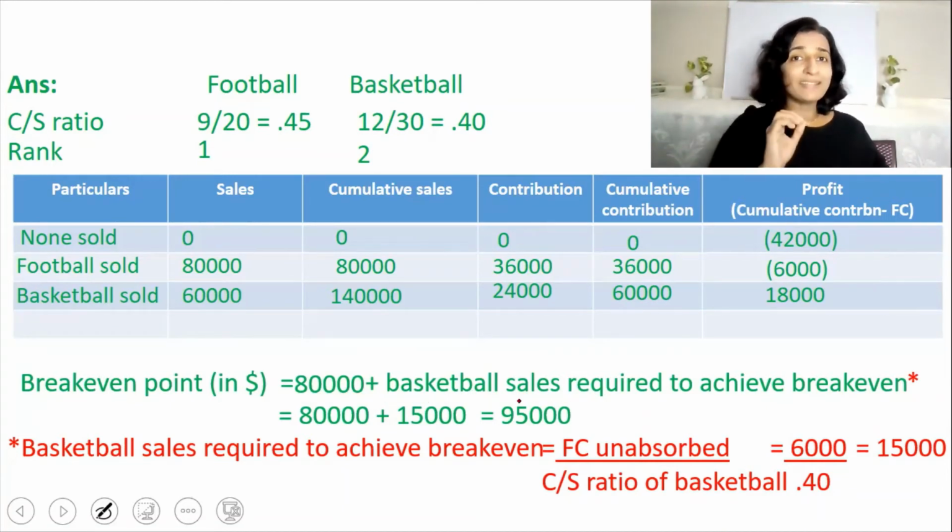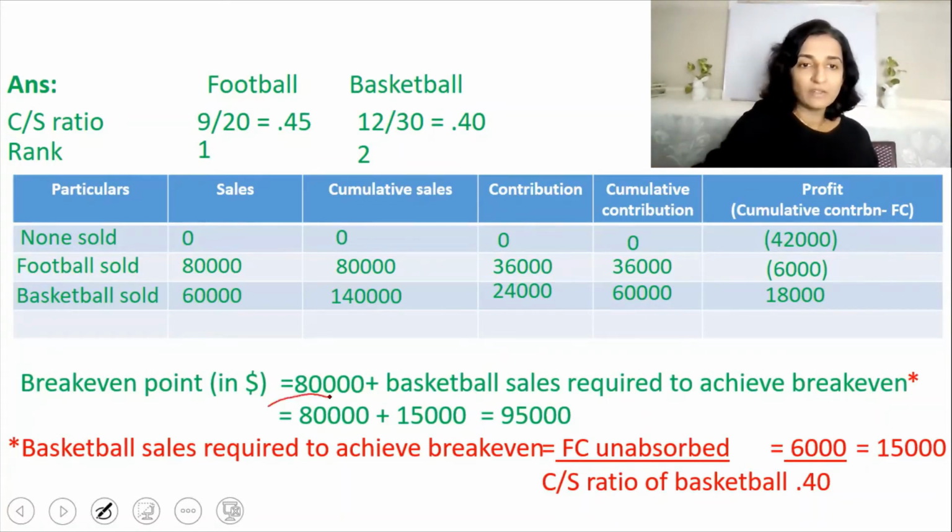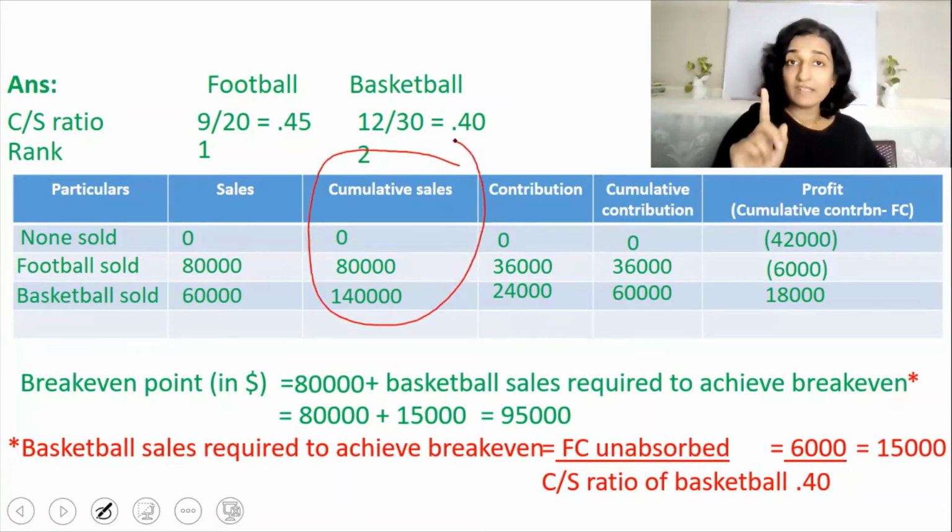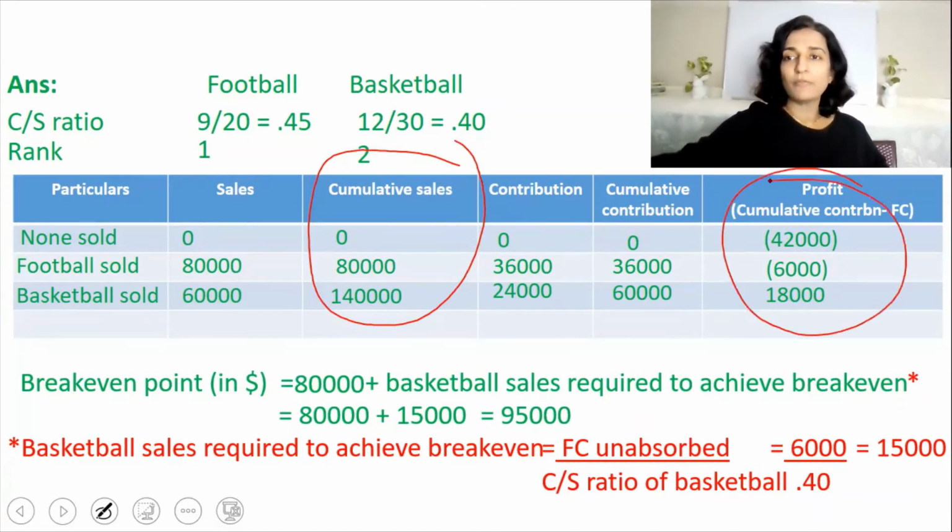Now, in a 3-product scenario, if it is the 3rd product that has made the profit, we will get 3 additions. So now we will plot this in the graph. We need 2 columns. One is the sales column, and please note it is a cumulative sales that we are recording, and we need the profit column also. So I'll be copying that to the next slide.